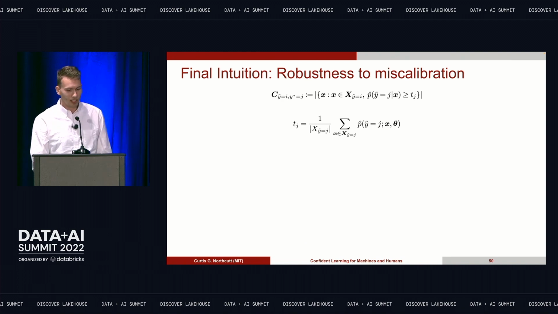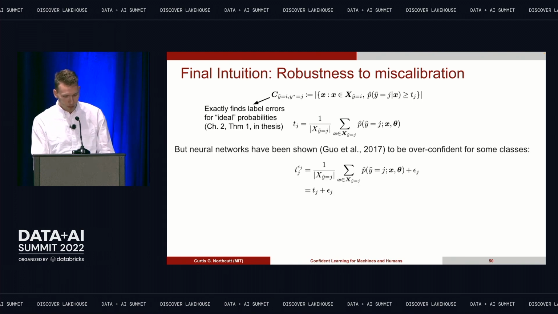So just assume that if you had a model that was perfect, meaning every predicted probability that came out of the model was exactly what it should be, just take for granted that this method will exactly find label errors. And you can look that up in the paper if you just search confident learning. But now we're going to make that worse. We're going to say the model can be wrong for every class. So for every class, you can add some error. It can be like +3 to all the probabilities or -3. And we can go further, but this is a simple one and easy to show, and it's interesting.